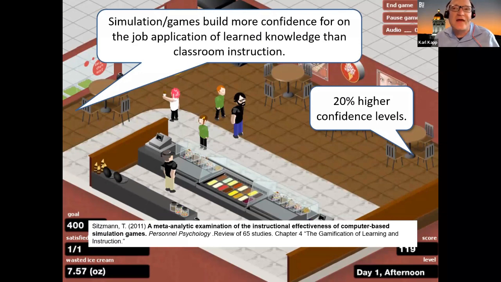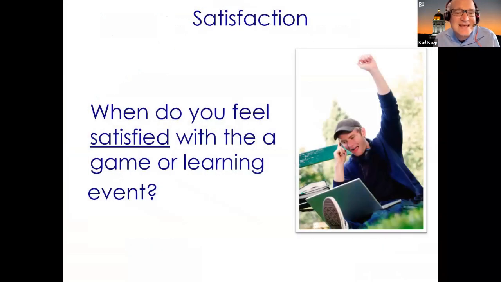Now, again, a game simulation, gamified environment isn't going to replace actually doing it on the job, but it'll help people do it more efficiently and effectively and shorten that on-the-job learning curve because they've done all the pre-work, all the prep, all the thought processes. So that becomes really important for helping make the instruction, as we said, satisfying.